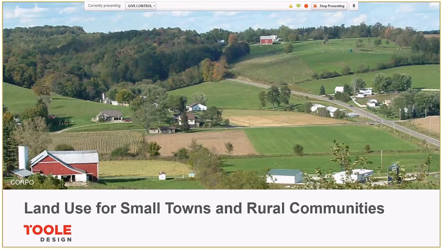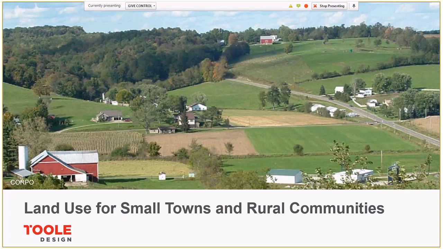All right. So why is land use important? The way that land use and transportation shape our built environment is inextricably linked to public health outcomes. Over the past decade or so, there's been an increasing acknowledgement of this fact and more emphasis on the links between transportation, land use, and health outcomes at the federal level and also at the state level, as we've seen in Ohio. More and more grant funding is focusing on the intersection of these two issues, and I think that's a particularly important thing for small towns and rural communities to be aware of.